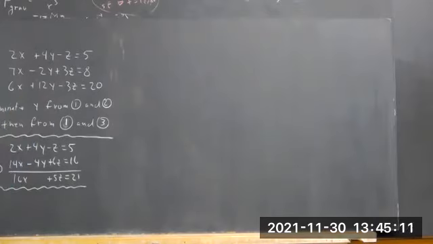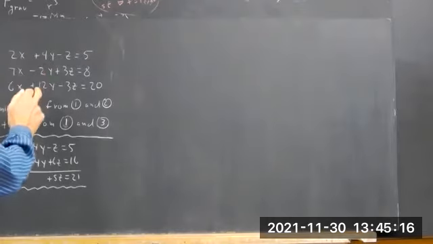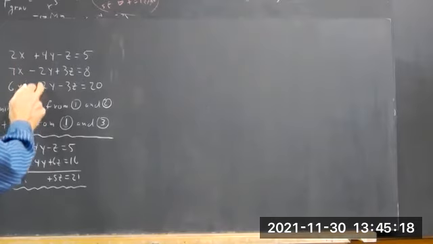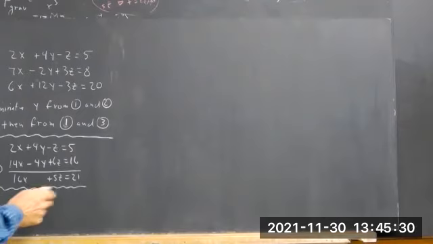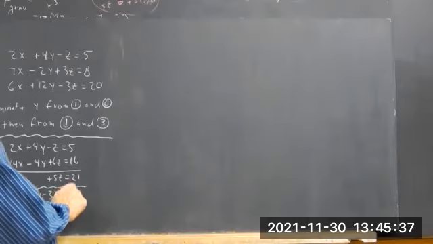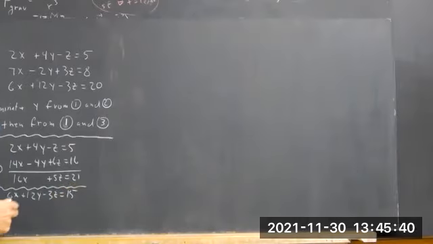And we're going to have to do -3 times this added to this, because -3 times 4 gives us a -12 to match up with this 12. So we get 3 times equation 1, and we get equation 3. 3 times equation 1 is 6x plus 12y minus 3z equals 15. And equation 3 is 6x plus 12y